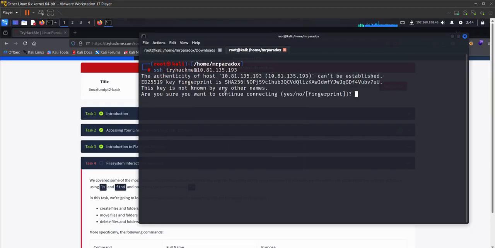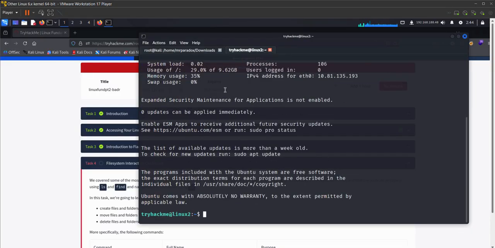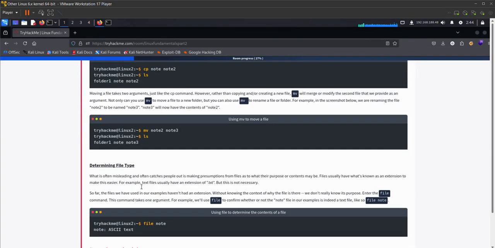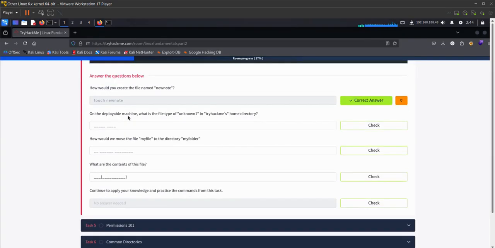Okay, yes, password is tryhackme. Okay, we switched to the TryHackMe user on the deployed machine, and what is our question?